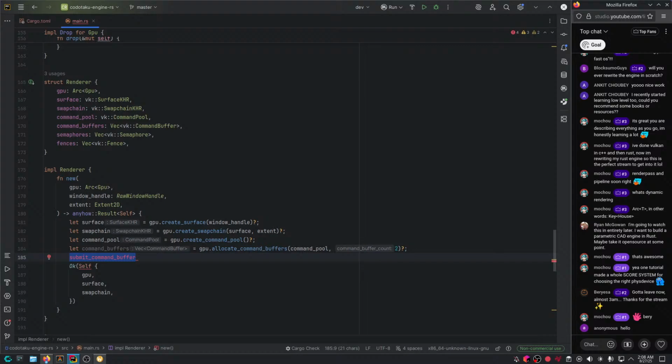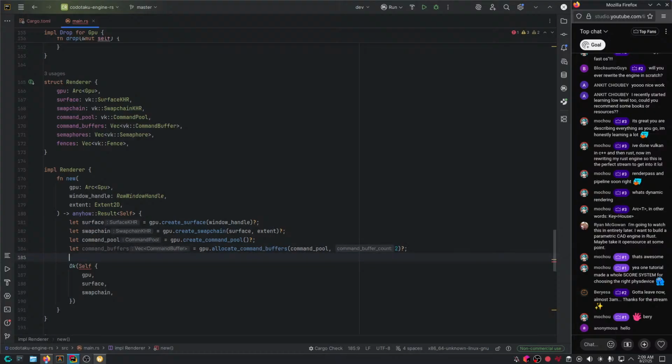But when you call this function, it returns immediately. You're not waiting for the GPU to finish like in OpenGL. The driver gives you back control, and then you can do some other stuff while the GPU is working on those commands. Now, sometimes you do want to synchronize.